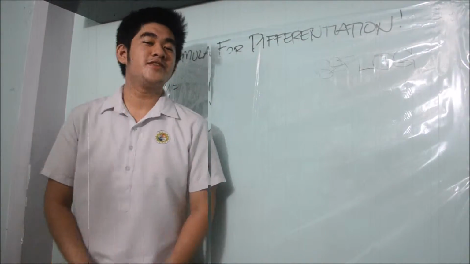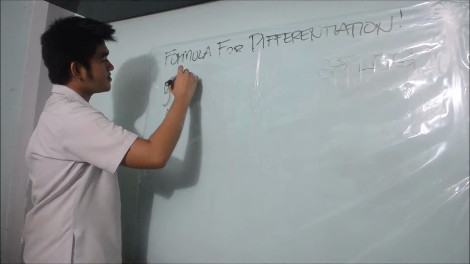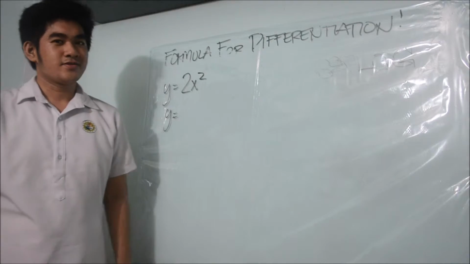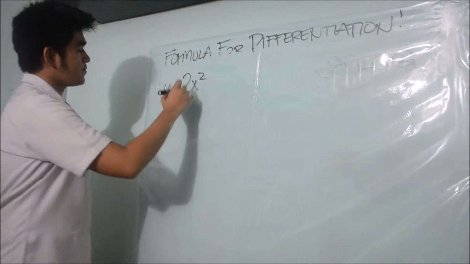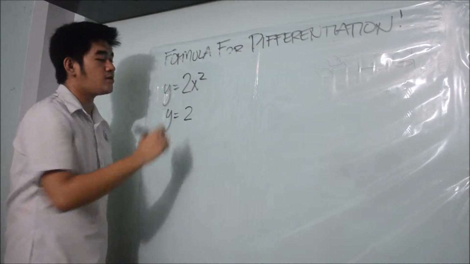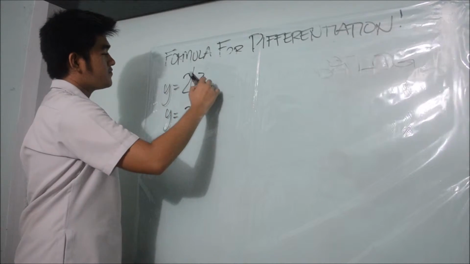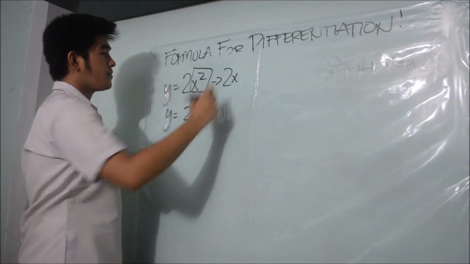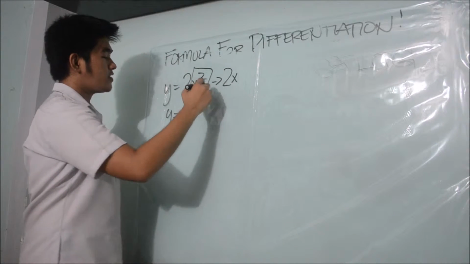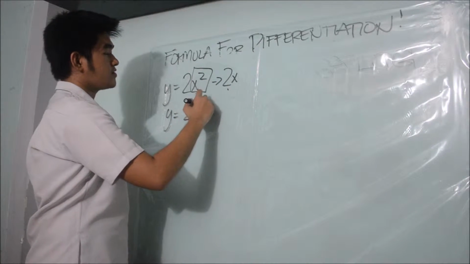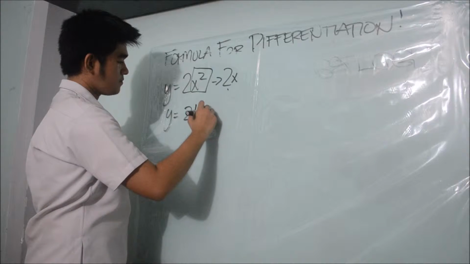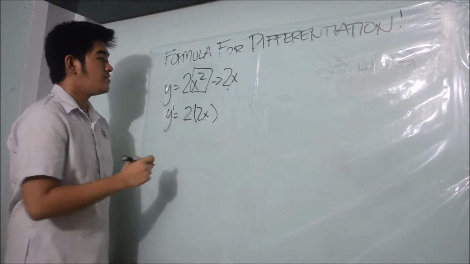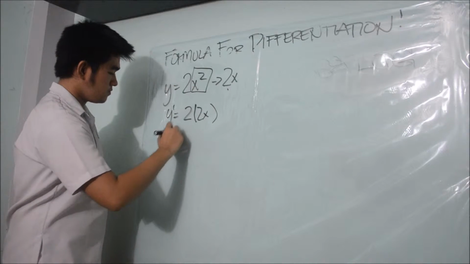Another example is for us to get the derivative of this equation. First thing we do is we bring down 2, which is the constant. Then we find the derivative of this function, which is 2x. After getting the derivative of this function, we'll now multiply it to the constant. So now, the derivative of this equation is now